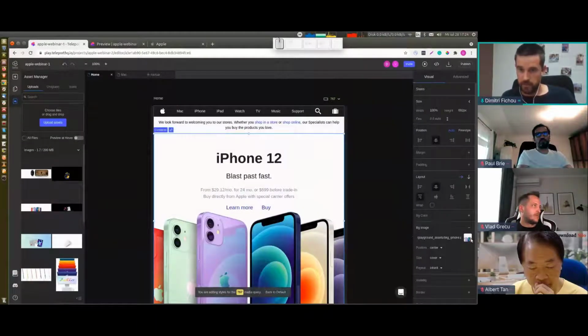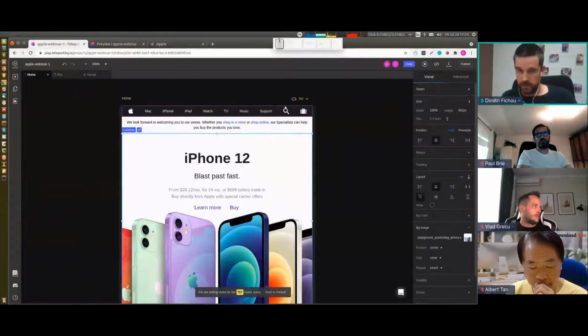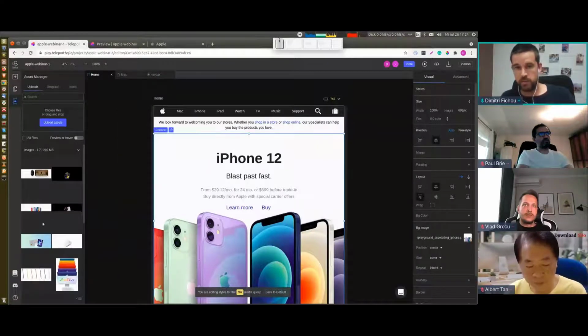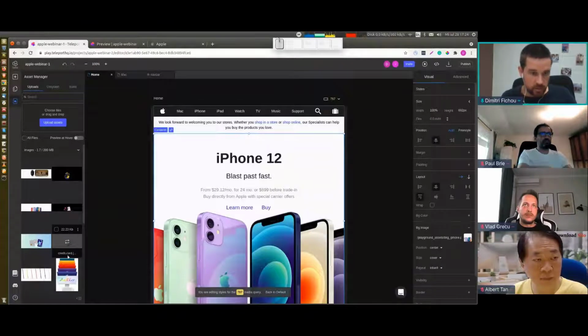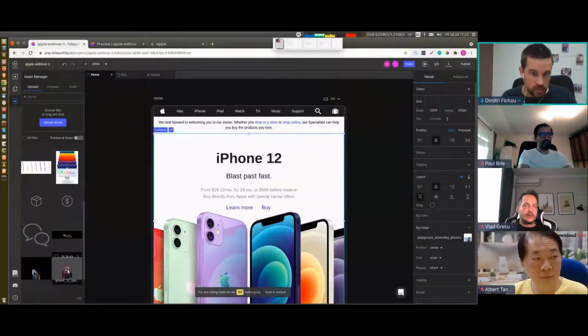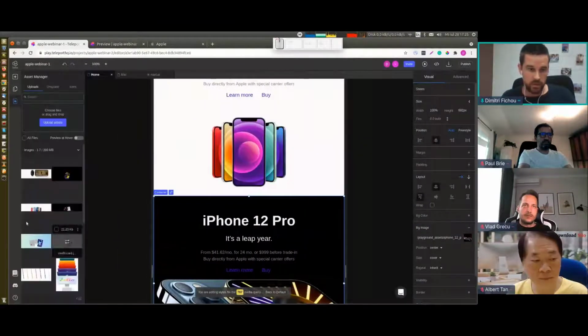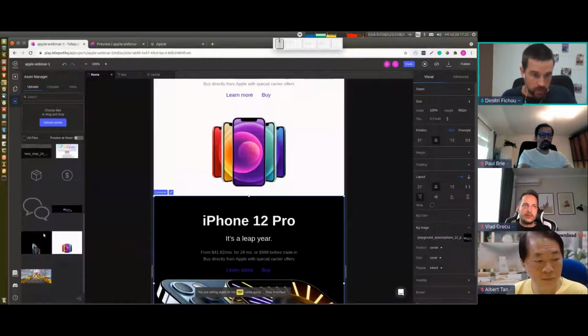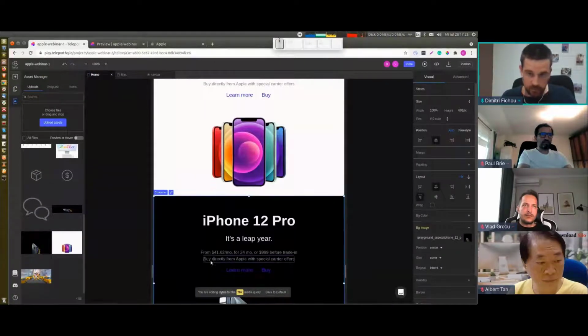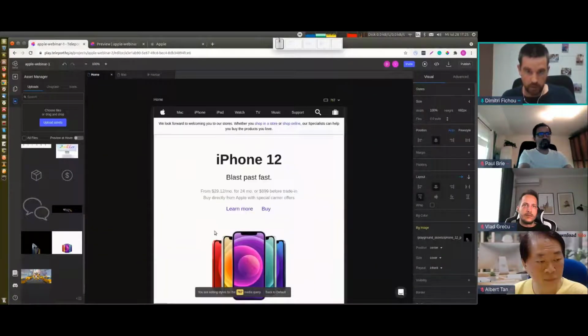To do so, I went and selected this new breakpoint here, which means that everything below this dimension will change. So this background image here, where is it? Will be changed to this. This one will be changed to, trying to find it, this one. Okay, in the Mac page,